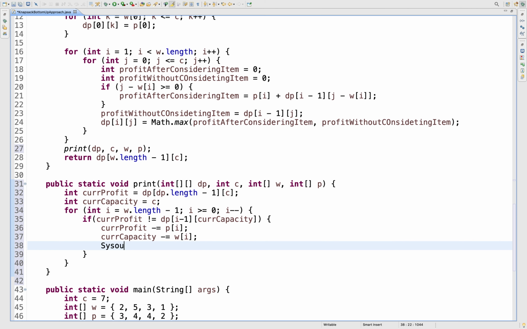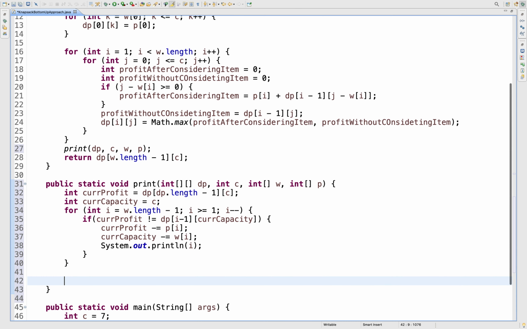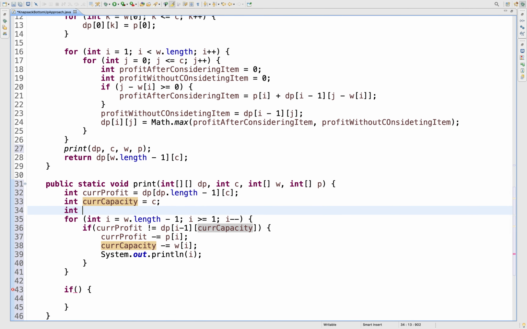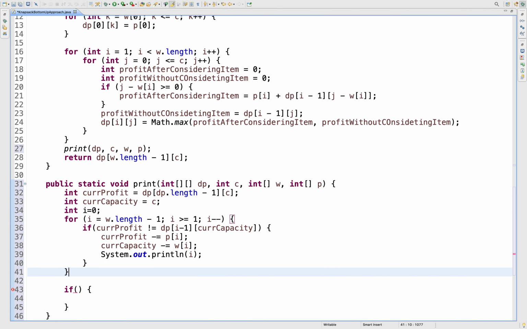You will also print this, because this item is responsible for contribution to the maximum profit. And this you will traverse till 1, because here you are doing i minus 1, so it can go negative. After the loop, here we can say int i equal to 0, because we need this i value outside the loop, that is why I did so.